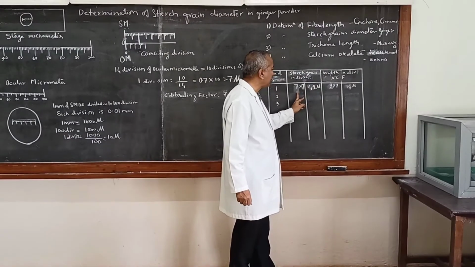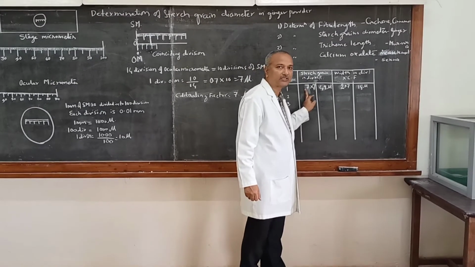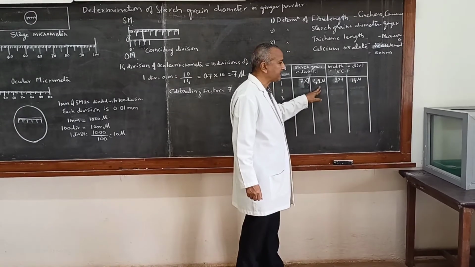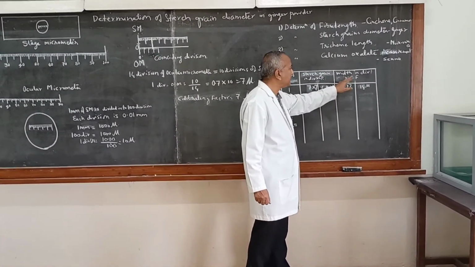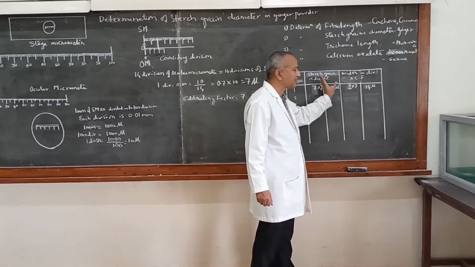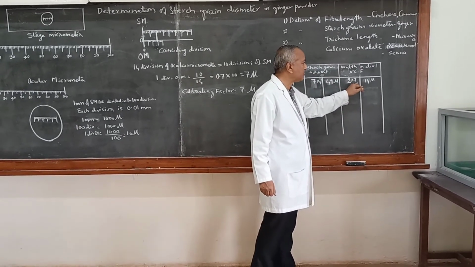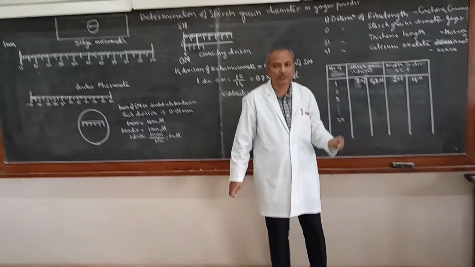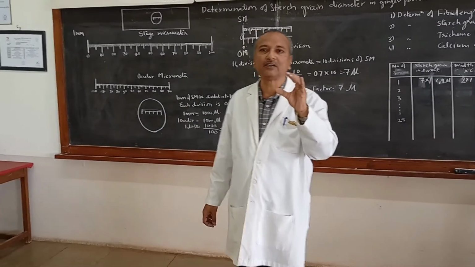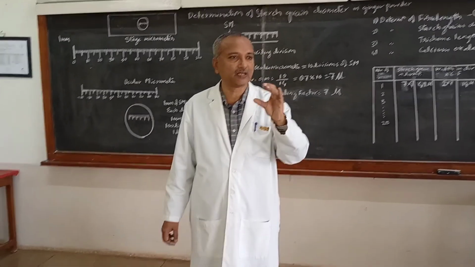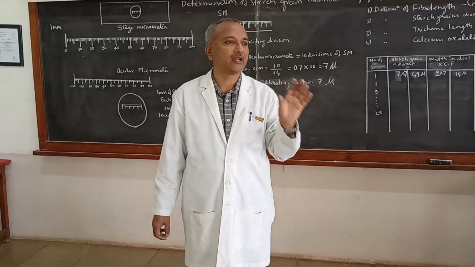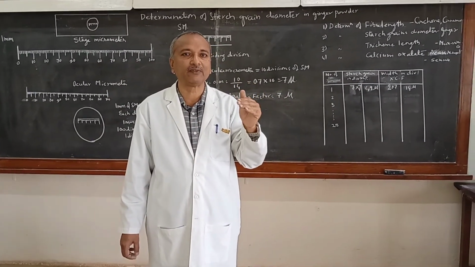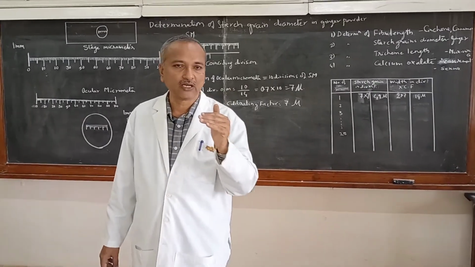Here we have taken 7 divisions, which will be multiplied with the calibrating factor 7, which will be 49 microns. Similarly, the width in divisions of this starch grain will be 2, and it will be multiplied with the calibrating factor 7, giving you 14 microns. So here you can take the highest value of the starch grains, the length as well as the breadth, and then you can report the highest, lowest and the average length or width of the starch grains itself.